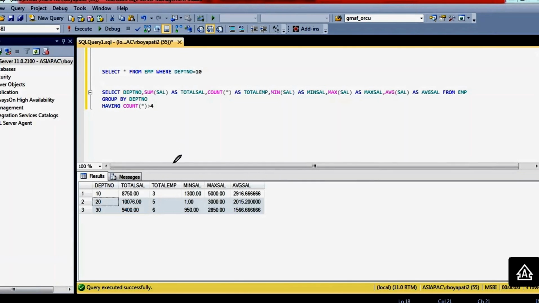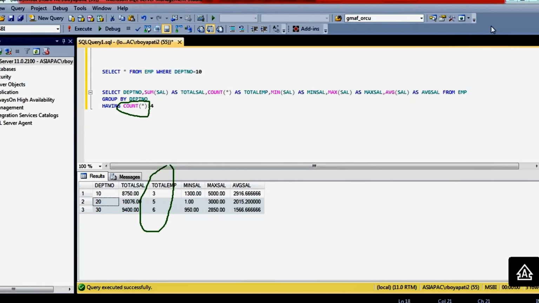Because we are getting this result by using this function, I want to write the filter condition on the aggregate function. If you want to write any filter condition on an aggregate function, you have to use the having clause only.